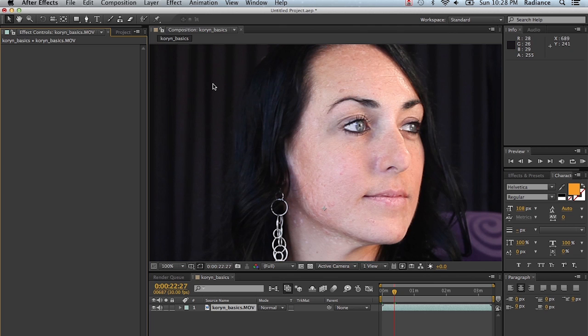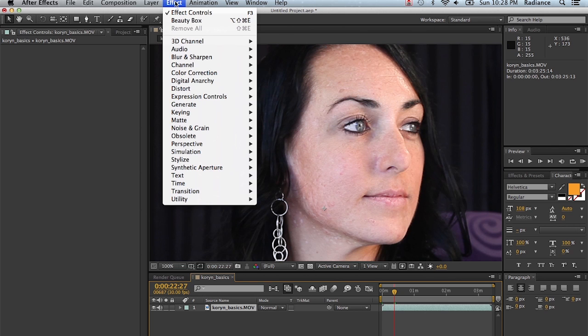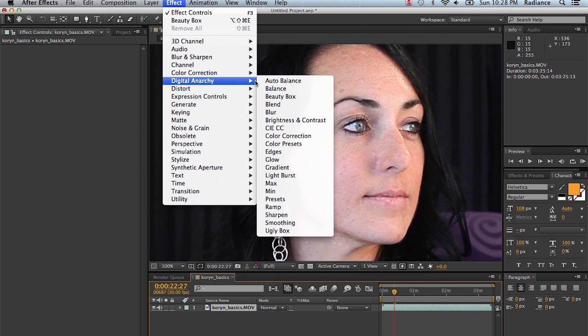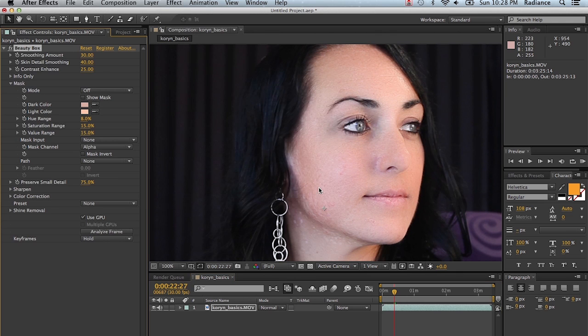The first step is to select your video and click on the Effect menu, and go down to Digital Anarchy and select Beauty Box. And the first step that you're going to do is click on Analyze Frame. This is going to analyze the footage and figure out what the skin tones are and build an automatic mask